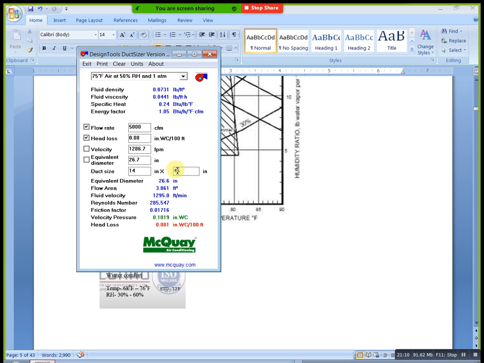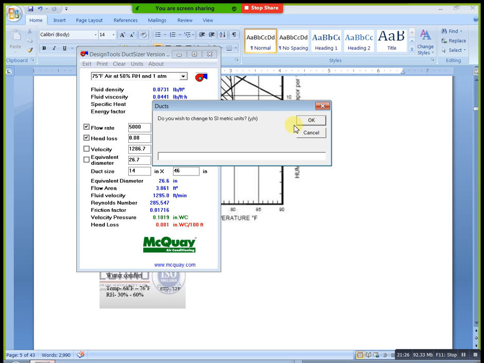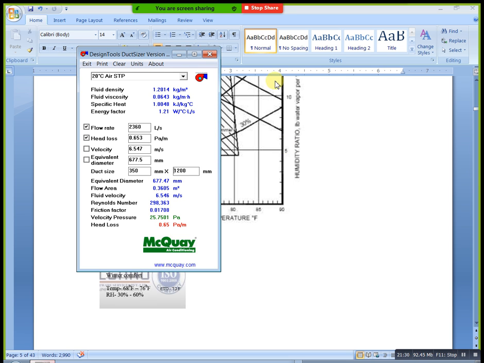For example, I completed my calculation. If you need it in metric condition or liters per second, that type of situation, you can just change your units and you will get the data. If you need your requirement, you can select that one. You don't need to change the default. Directly you can mention and calculate here. Okay, remaining all you will get in that.